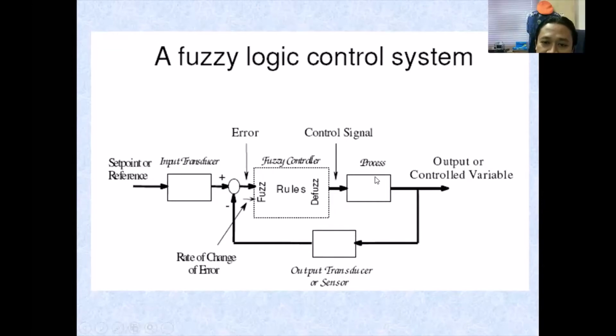Then we go for the process, and then we have the feedback, based on our sensor. It's similar to our basic subject, the basic control system. We just change this part, the controller part, to fuzzy logic. So this is one technique in AI; another one will be the neural network. Now we focus on the fuzzy logic. We change the controller from a conventional controller, the PID controller, to a fuzzy logic controller, right?